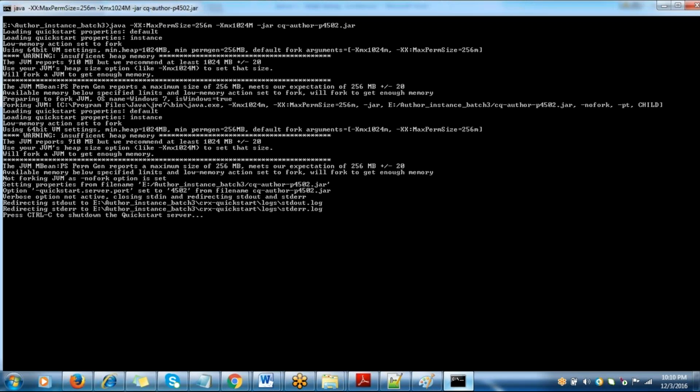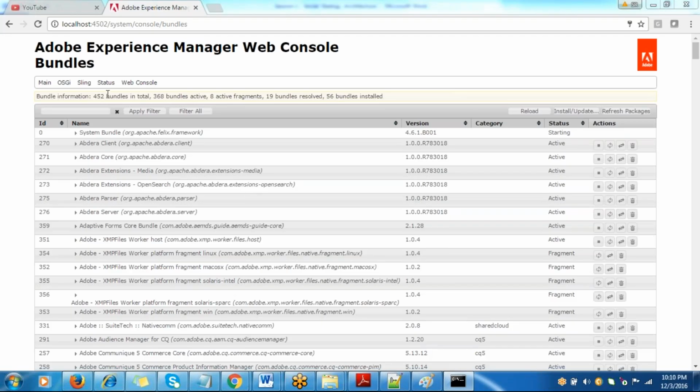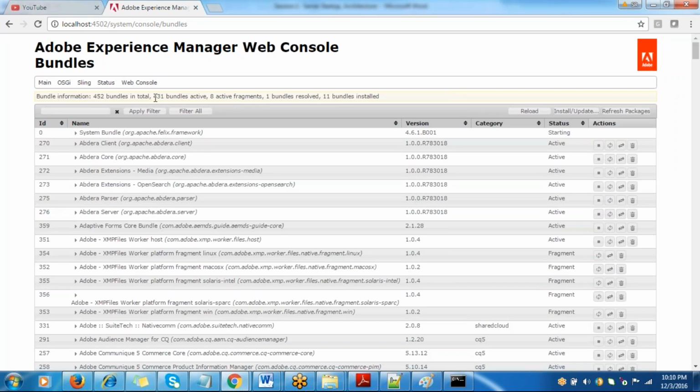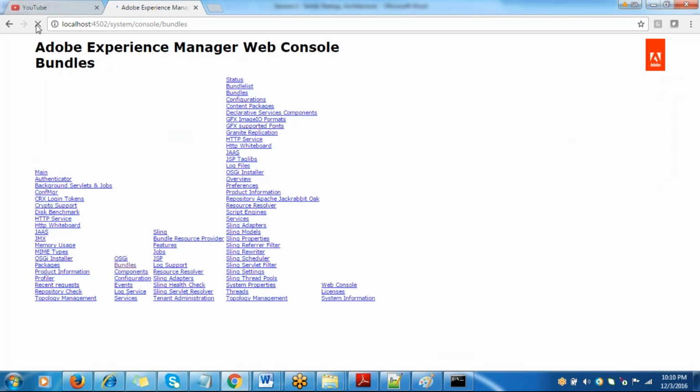Okay, so once the server is starting here, there are some 452 odd bundles. We don't know what a bundle is yet. Every bundle has a status. The trick here is only when all the bundles are in the active status, your server is going to get started properly. Initially it was 300 something, now more bundles are getting into the active state. Now again, if I refresh,